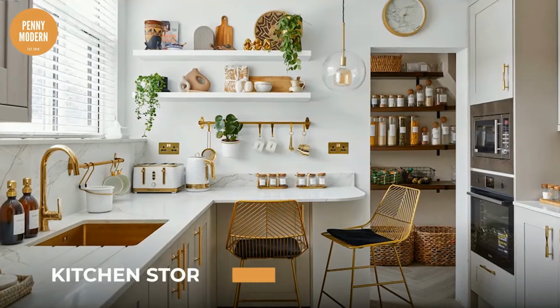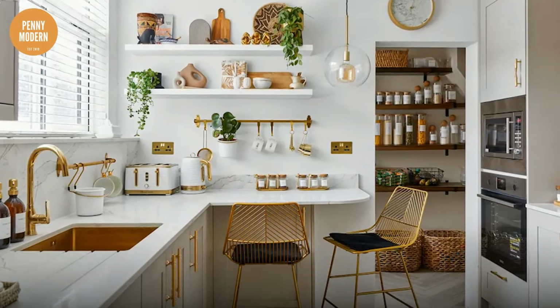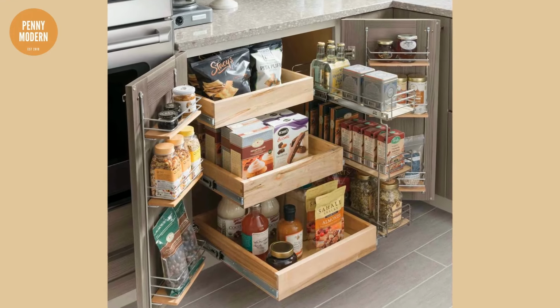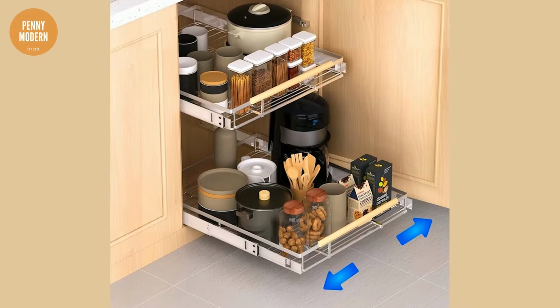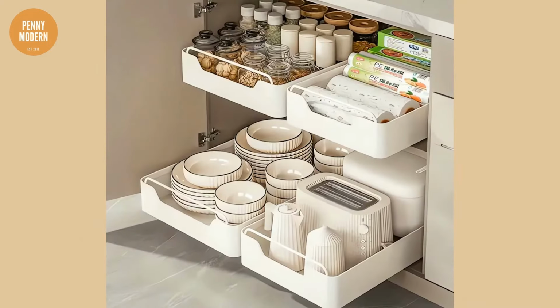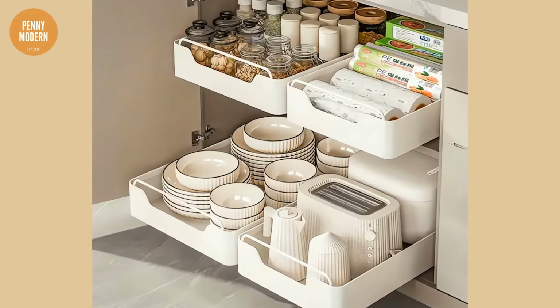Now let's talk about storage solutions, because in a small kitchen, every inch counts. One fantastic way to maximize your storage is by using pullouts and organizers. Pull-out shelves and drawers and base cabinets or pantry pullouts can make a world of difference. They let you see everything at a glance and make it super easy to access even the items stored way